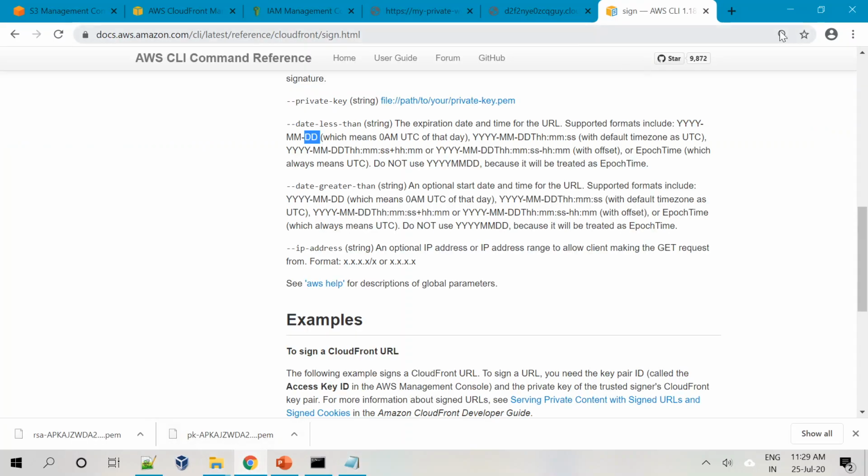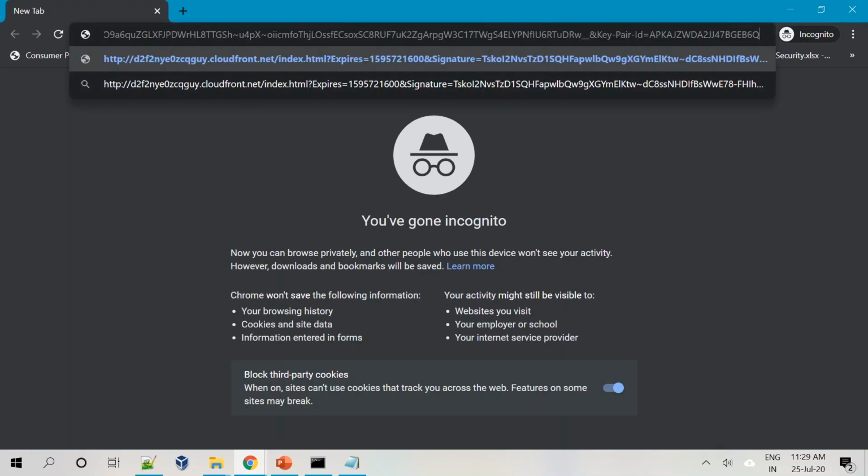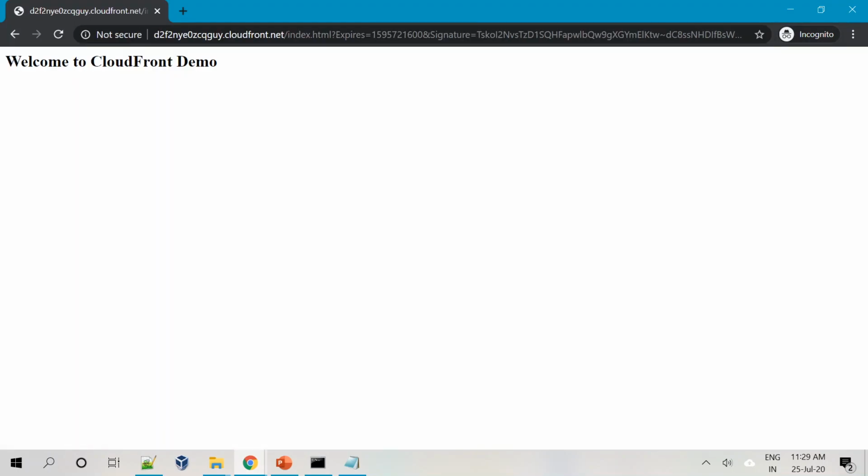Now if I put this URL in an incognito window, you see this works, right? This is a pre-signed URL. Tomorrow when I come and open this particular URL, you will see that it will be invalid and it won't work. So this is how you generate a signed URL.